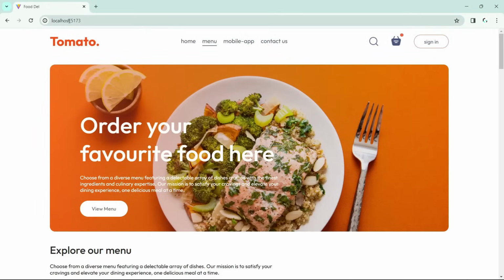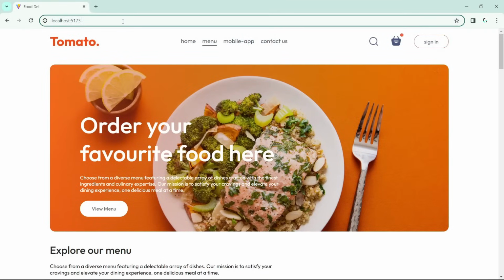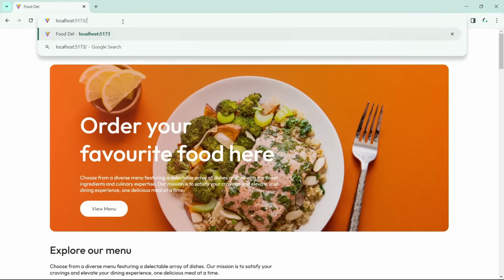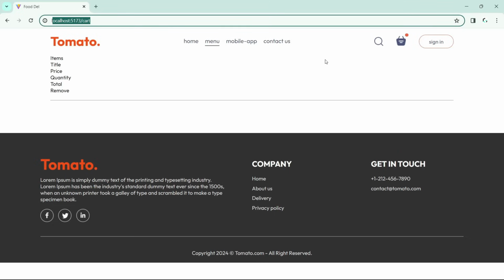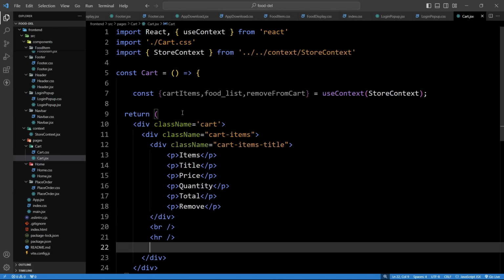So in the routes we have added /cart. So if I open this /cart, it will open the cart page. Now we have to link this route with our basket icon so that when we click on this icon, it will open the cart page. So we will open the navbar.jsx file,